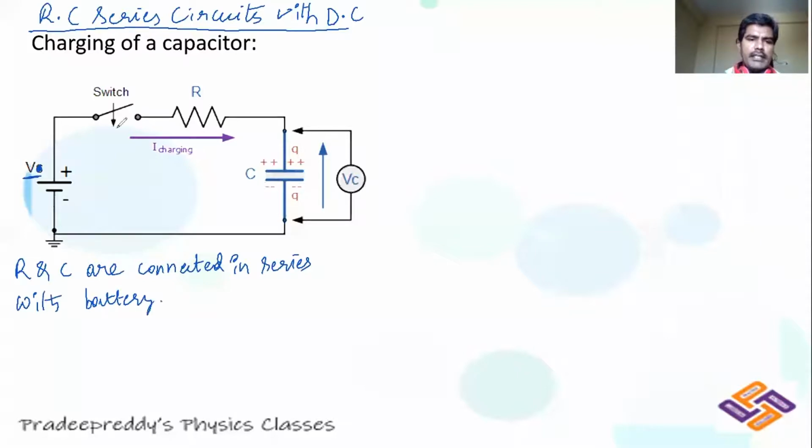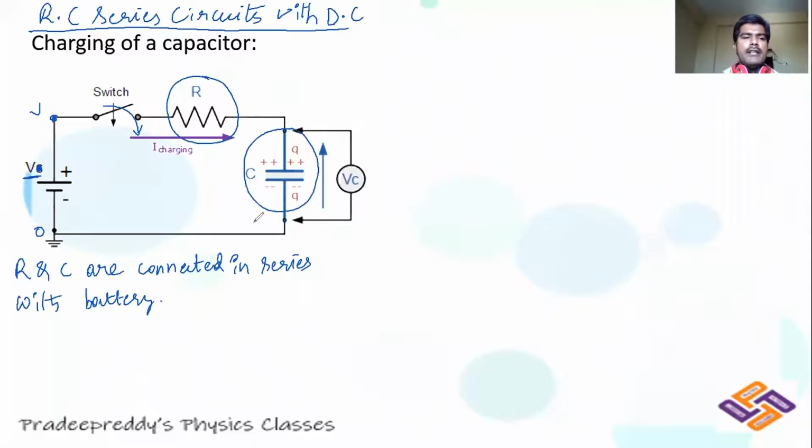Now when you are connecting these two in series with this battery, what would happen? The total potential difference which is supplied by the battery, let me consider this as 0, and this will be plus V. This becomes V. Now the total voltage which you are supplying, when you switch on this key, is being dropped across this resistor as well as this capacitor,